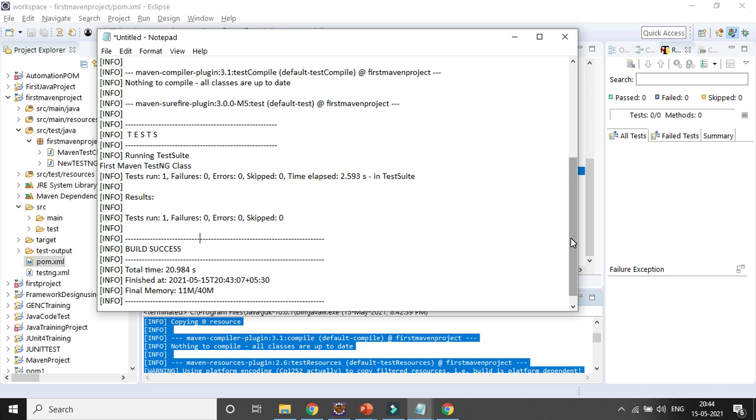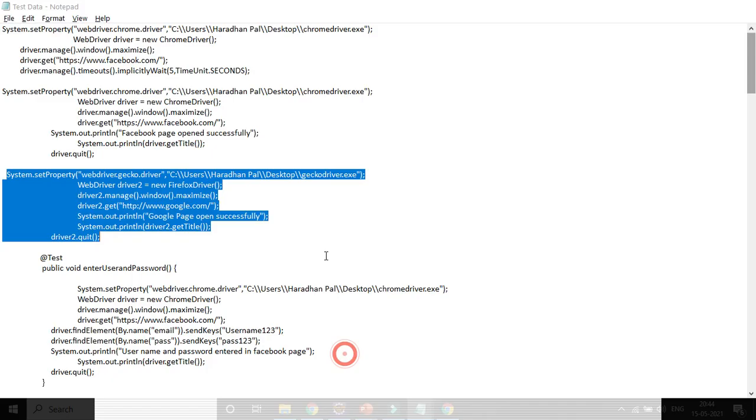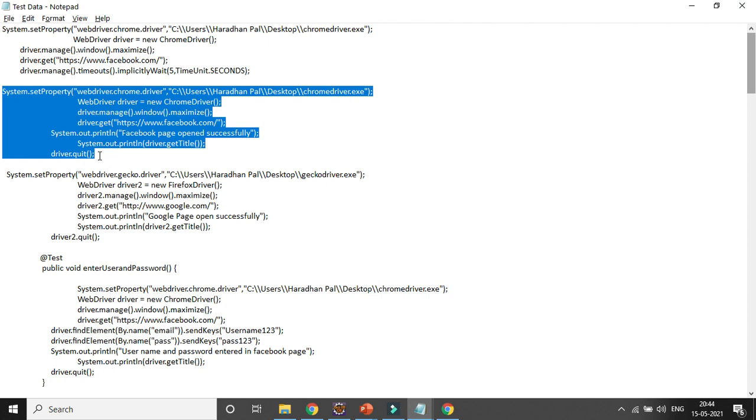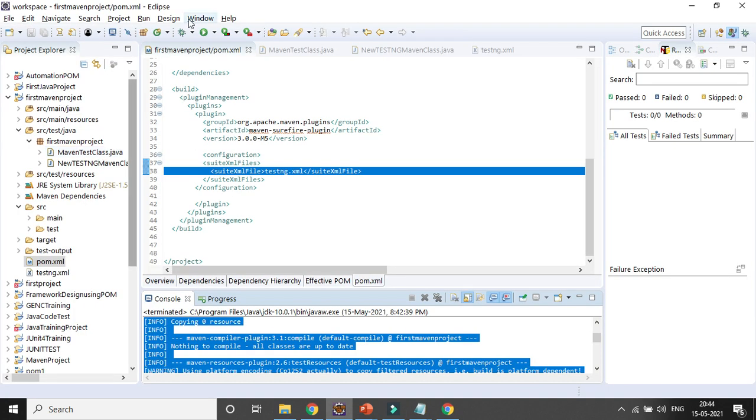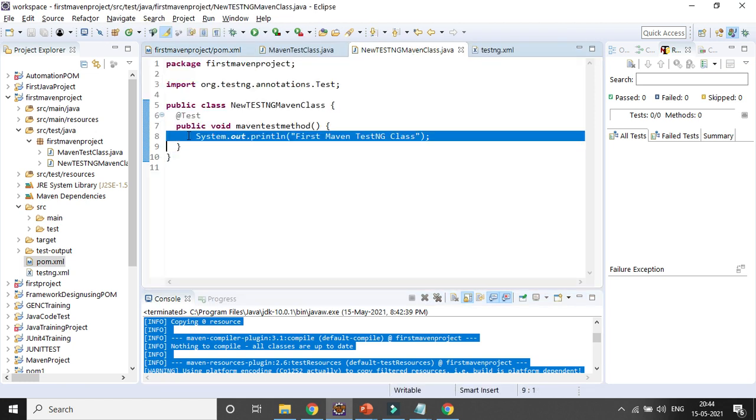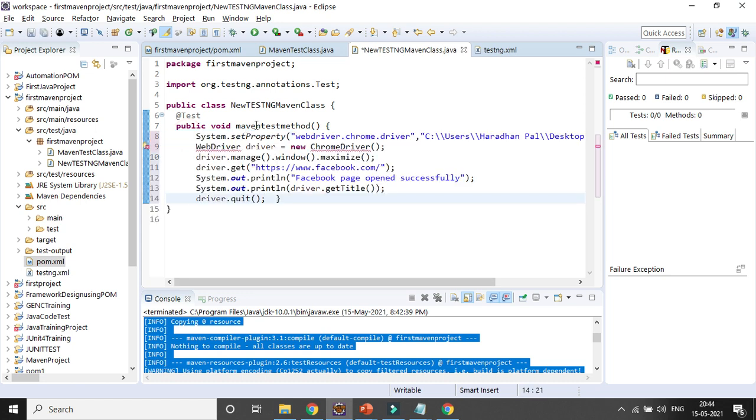Now let's try to create one project where I want to open the Facebook page using Selenium, just replacing it in that project. Okay, so I am giving the method name as open Facebook page.